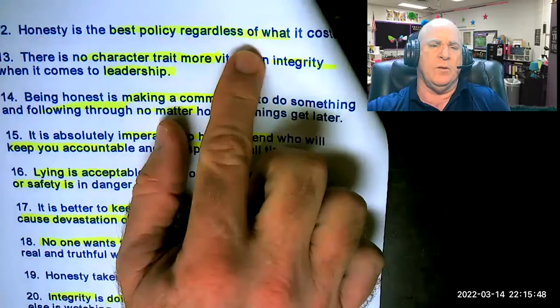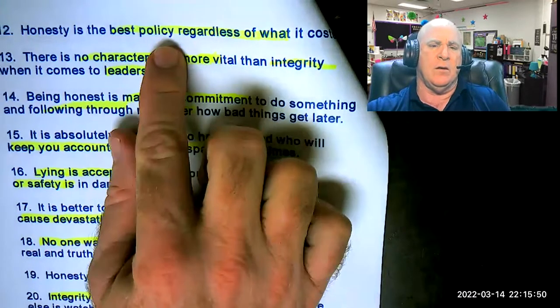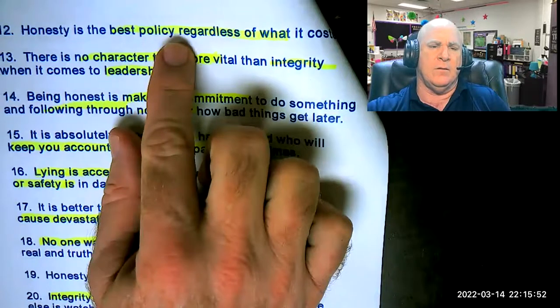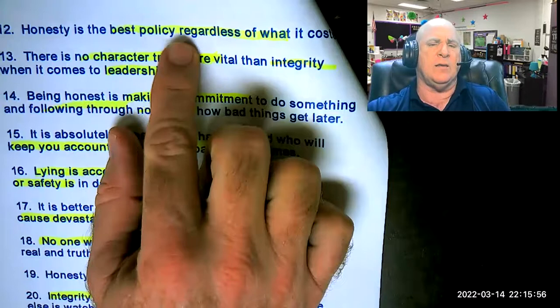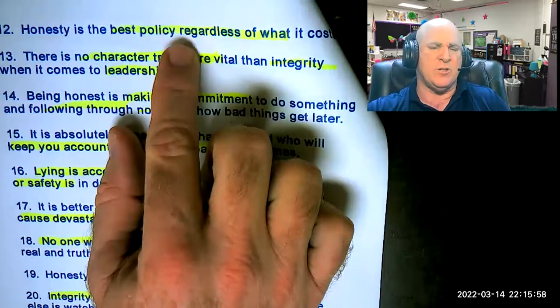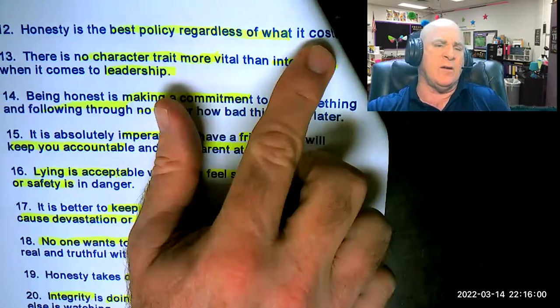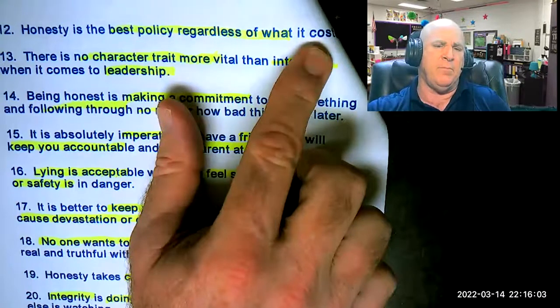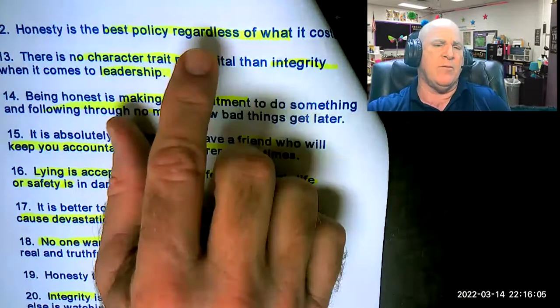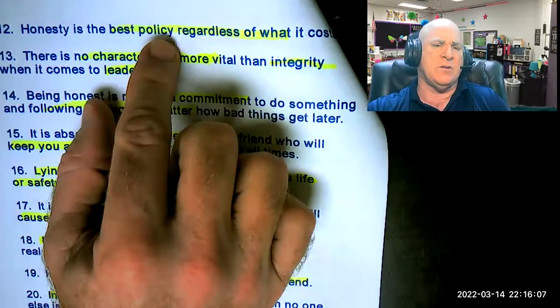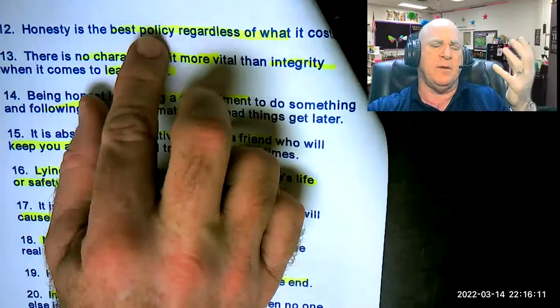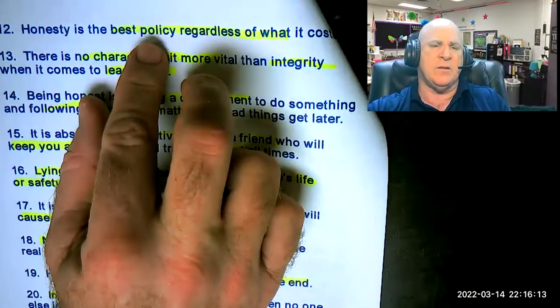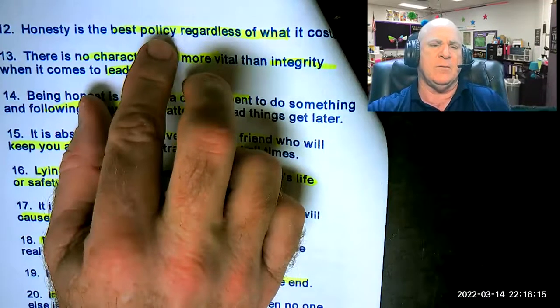So there's a risk here of saying this because sometimes it could cost money, it could cost friendship, it could cost life. And so you're going to have to be able to explain an example of how, regardless of whatever happens, being honest is always the best policy, the best situation, the best scenario,